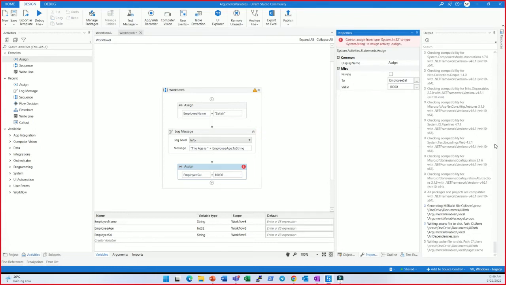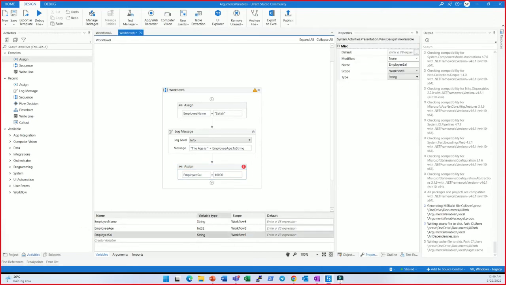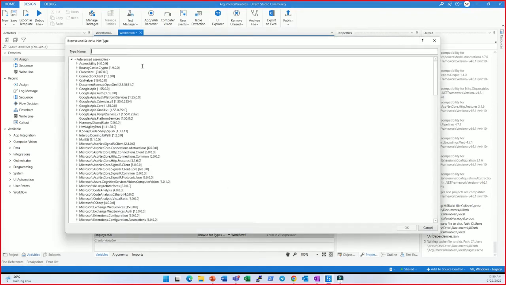So by default it's a 10,000, right? And if we wish to change this, for example, I do not want to store that into Int32, but I want to store it into Int64. So the moment you click here,